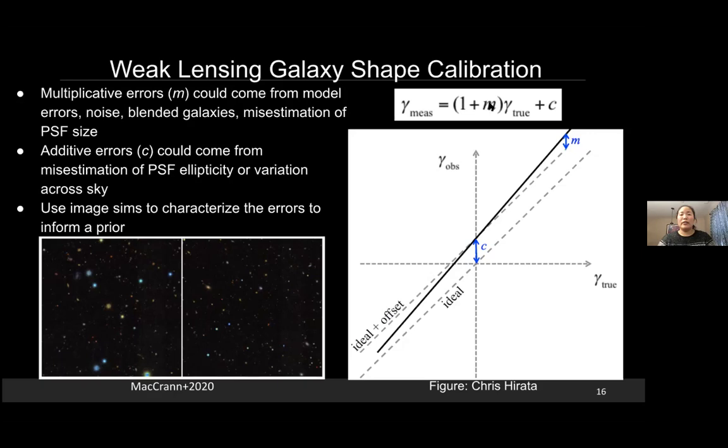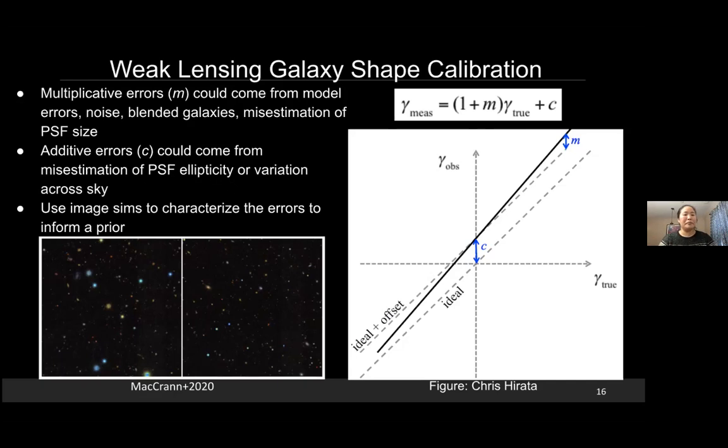You can get values of M greater than 0 from things like errors in your model, noise in the images, blended galaxies, or some problem with your PSF modeling, like the size of it. And then you can get additive errors from misestimation of the PSF ellipticity, or some issue with how it varies